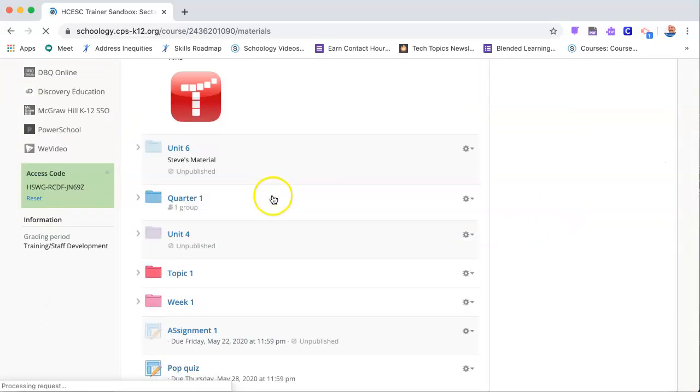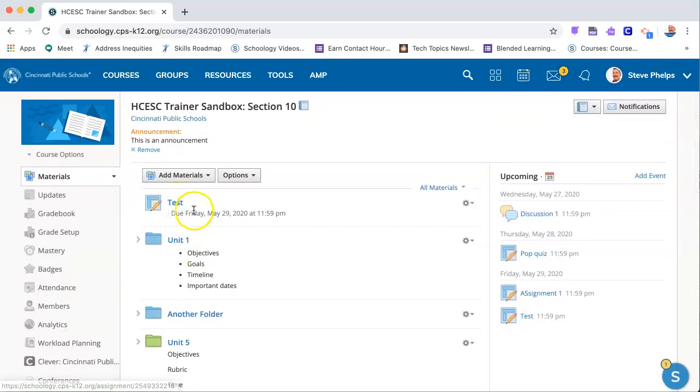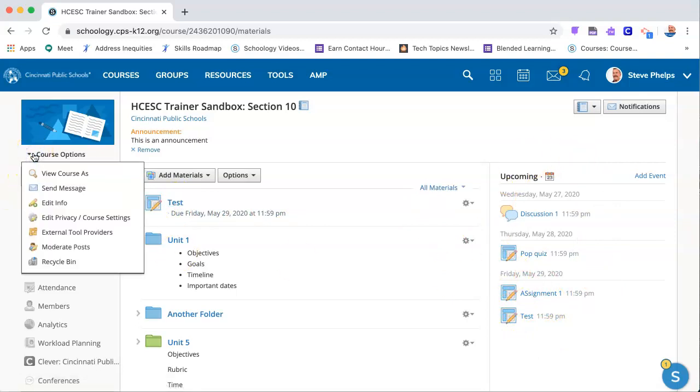And that was the assignment up here at the top, the due date. And notice on the right-hand side, it shows up in the calendar side over here. And if I viewed this course as a student,